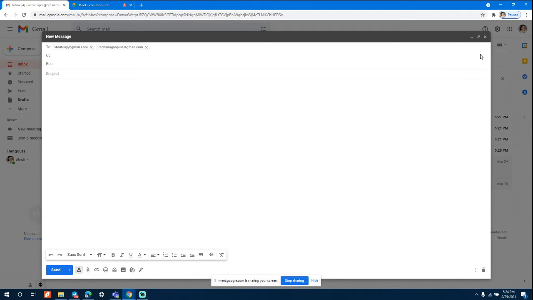So what I usually do is, when I'm writing a mail to someone and I want a copy of it for myself also. So even though it is there in the sent mail, at times I want to know whether it has reached or not, whether it is showing what I want to show, etc. So I always BCC it to me, so the receiver does not get to know that I have actually sent it to myself also, but a copy comes to me as well. So that is where BCC comes in. BCC is blind carbon copy, which means whoever is marked as a BCC would not reflect in your mail.